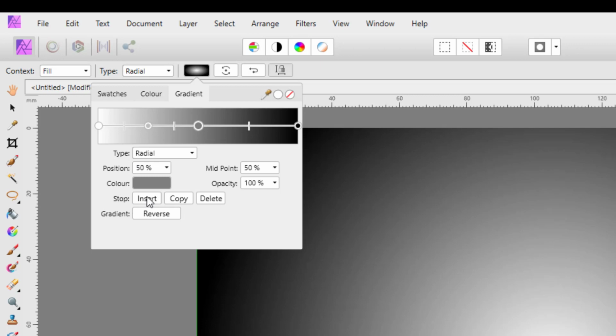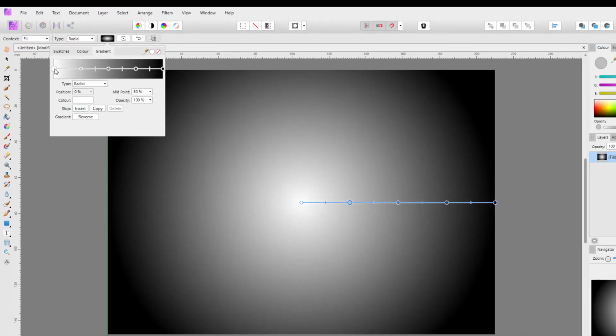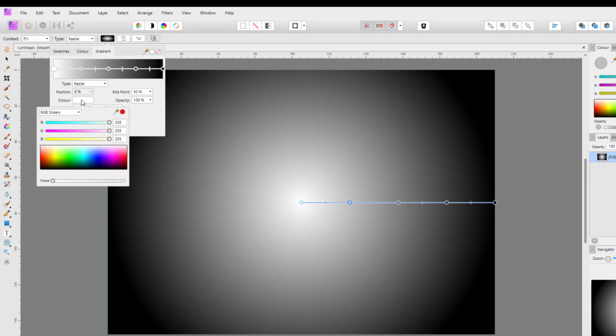So I'm going to insert another one there, so I have 5 different colours. So I'll come back to the left node and then click on the panel next to the word colour, to get the colour picker. Now I'm going to try and avoid blue in the background because I'm going to make my text blue, so I want that to stand out. So I'm going to start with a light yellow, go about there,